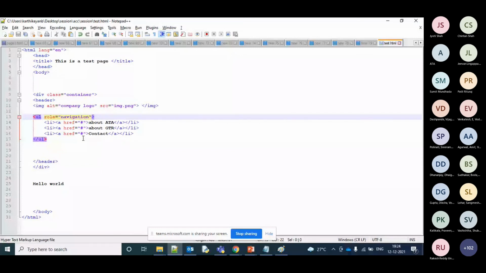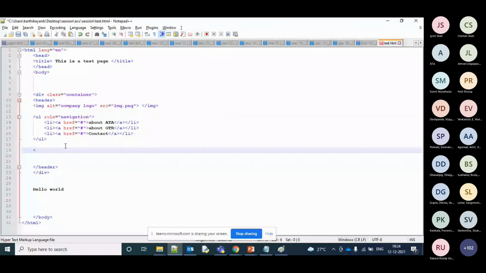So let me do one more thing. I'm just trying to add as many test cases. So let me keep a button, and I'm just gonna make this button disabled.